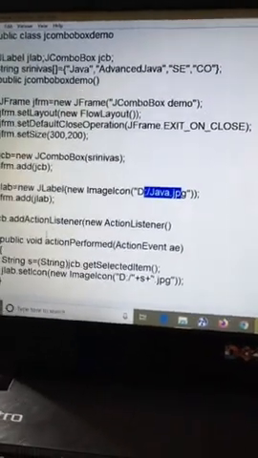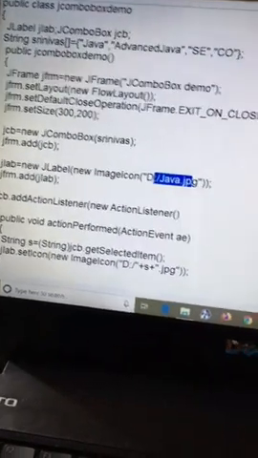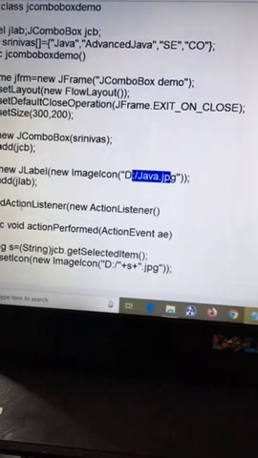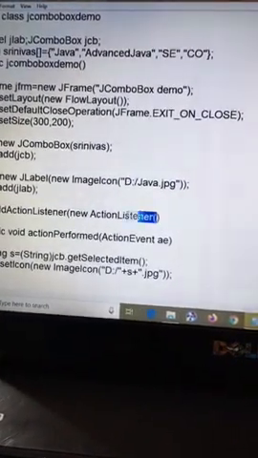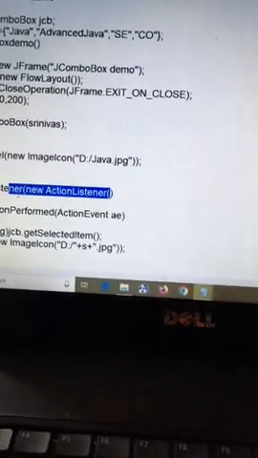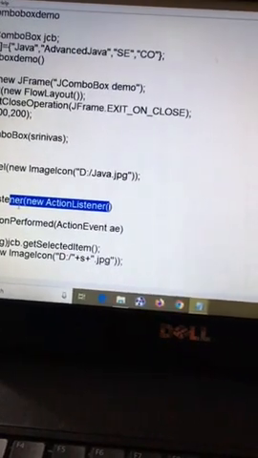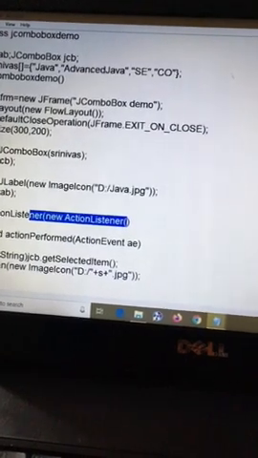JCB.addActionListener: we are selecting the items or entries in a JComboBox, so that's why the action listener is applied on the JComboBox object. So addActionListener, new ActionListener, we know this line. Whenever an action event is generated, it comes to this sequence of lines.